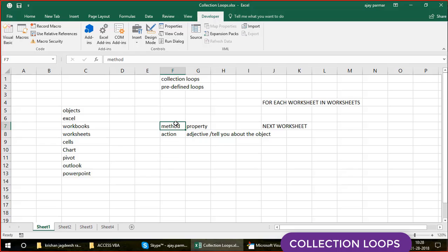Opening the workbook is a method. Closing the workbook is a method. Saving a workbook is a method, guys. Deleting a workbook is also a method, because there is some action which is going to happen if you run those commands. So when you press workbooks.open,